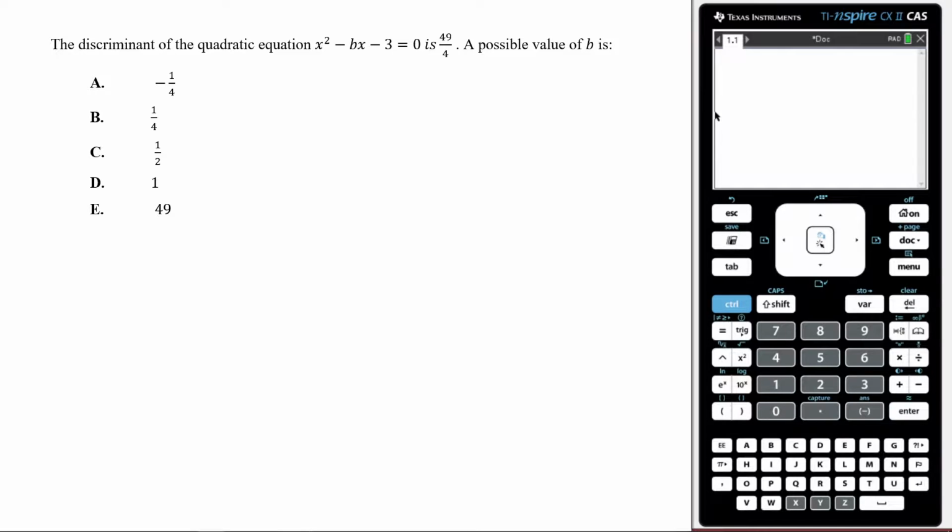So we're going to answer this question before us. It says the discriminant of the quadratic equation is 49 over 4. The possible value of b is what? Okay, the first thing we need to realize here is that they've told me the discriminant is equal to this,